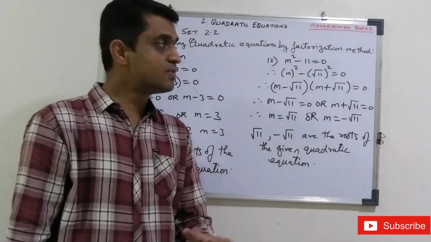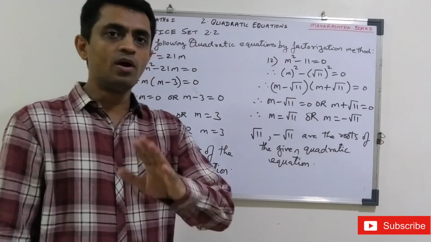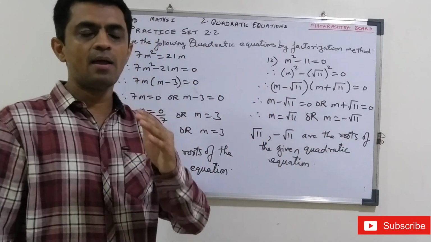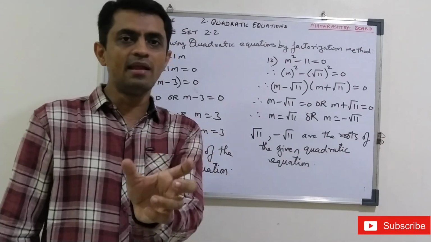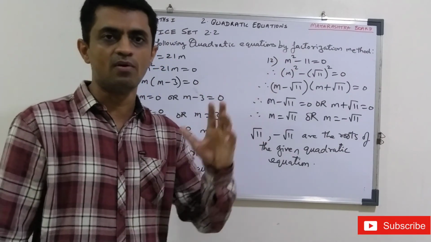With this, students, we have completed our practice exercise number 2.2. If you want to see 2.2 from sum number 1 to 6, I am going to have the link down there. You can just go to the link and you will see those sums also, from 1 to 6, of practice exercise 2.2.